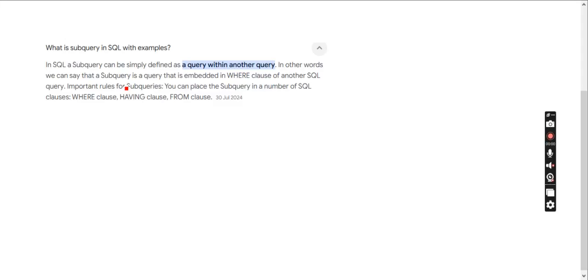Hello, today my agenda is SQL subquery. We'll start with why we are using SQL subquery and why it's important. And first of all, the definition, we can define